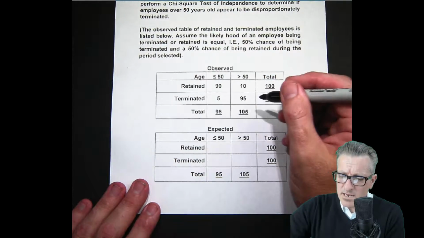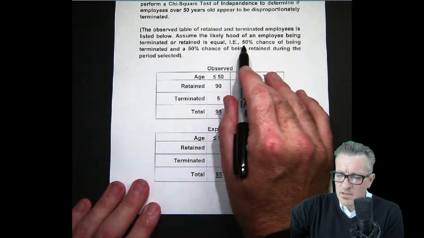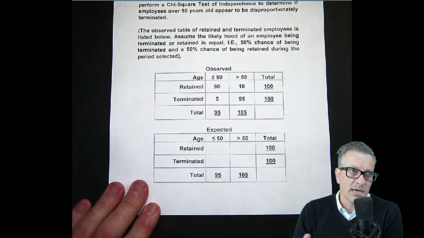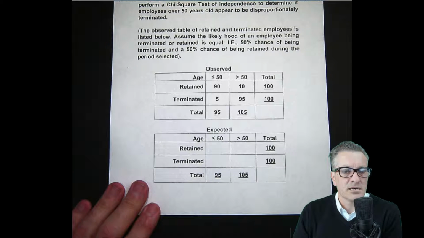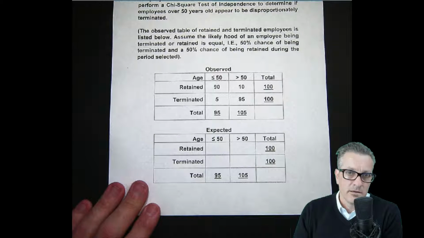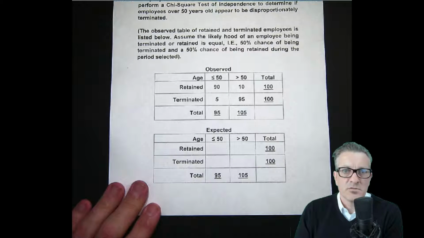For the expected, and I mentioned it right up here, let's say in a perfect world where age doesn't play into this decision-making process of terminating or retaining somebody, it would be 50-50, flip of a coin. It would not be based on age, so it would be based on something else, which would essentially say the age has nothing to do with it, and you would expect half of the people over, half the people under to be terminated and